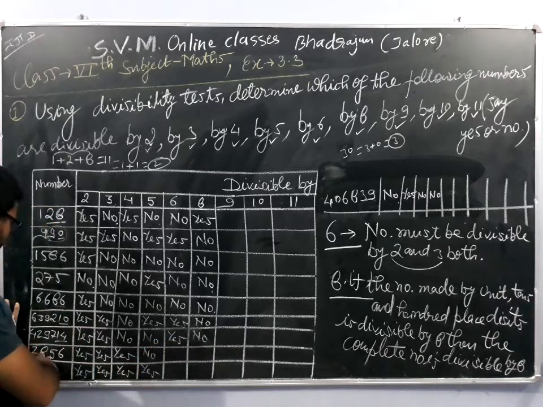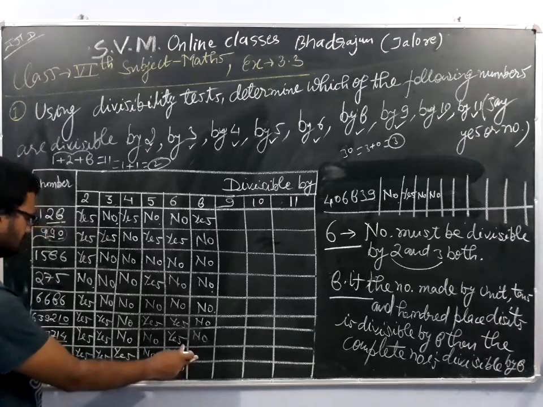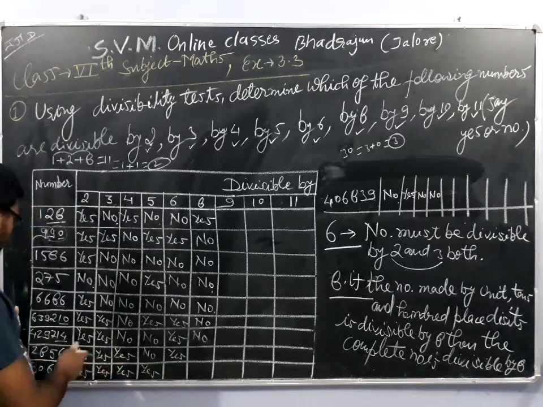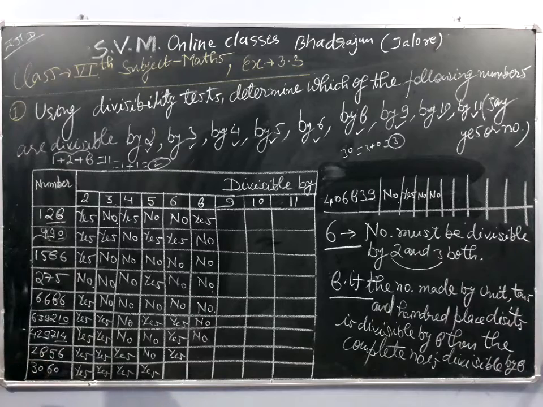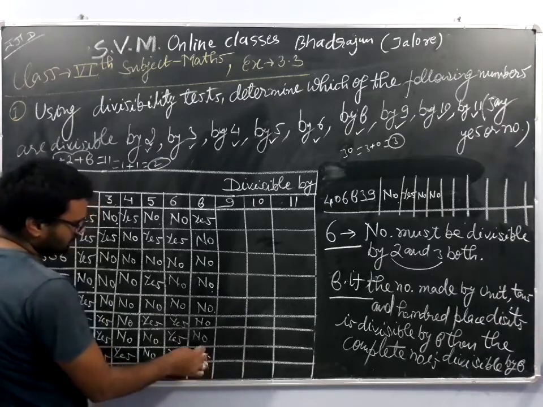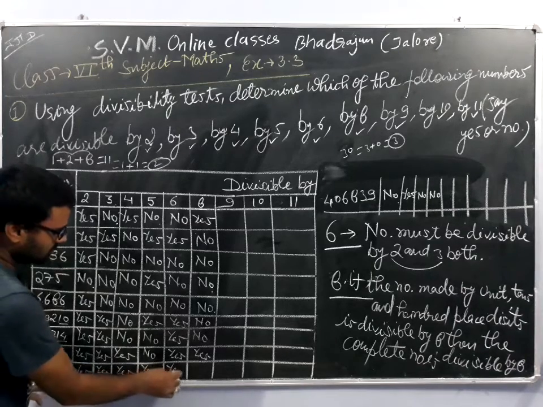Here we are seeing 2 8 5 6, the number is divisible by both, then the number is also divisible by 6. And here we are seeing the number is divisible by both, then we will check for 8. So if we check for 8, then 8 1 is 8 and 8 7 is, meaning 856 is divisible by 8, hence the whole number will also be divisible by 8. Okay, so let us move towards this one. Here we are seeing the number is divisible by both 2 and 3, so it will also be divisible by 6.